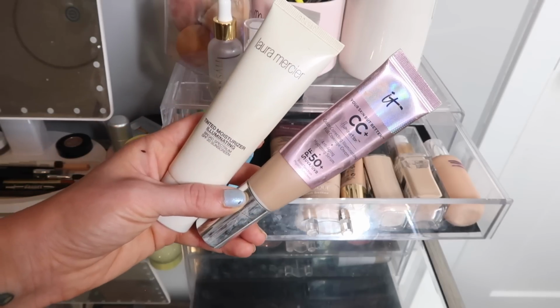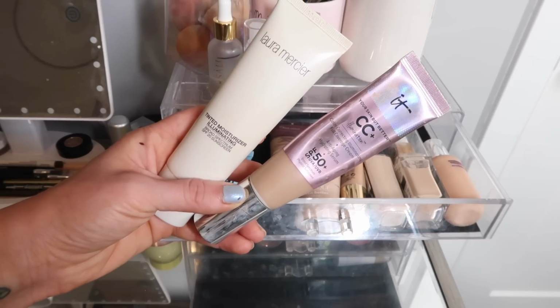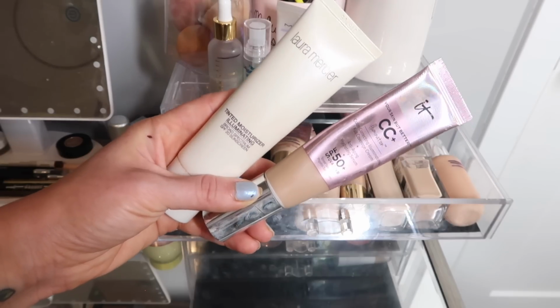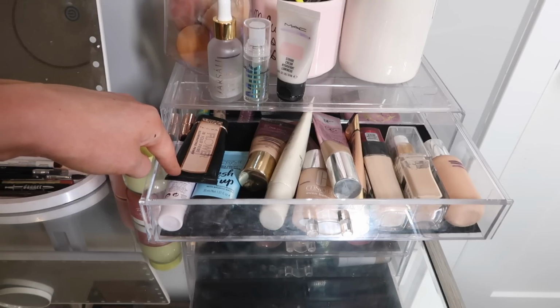My IT Cosmetics CC Illuminating Cream I use all summer long because this does have SPF 50 in it, and then I love to have a tinted moisturizer for the summer, and I'm currently trying to finish up my Laura Mercier tinted moisturizer. And then as far as primer is concerned, the Flower Beauty In Your Prime Illuminating Primer is